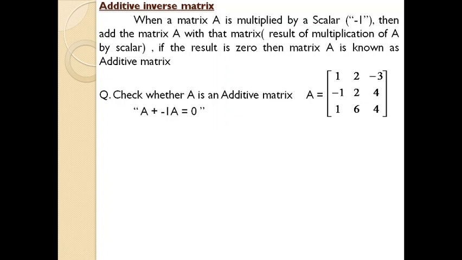So in this question A is already given. So you need to find out minus 1A. Minus 1A means, as we have discussed in the previous sessions where we discussed 7A, 5A like that, in case of 5A you have to multiply each element of the matrix with 5. In case of 7A, you have to multiply each element within the matrix with 7. Likewise, minus 1A means you have to multiply each element within the matrix with minus 1.